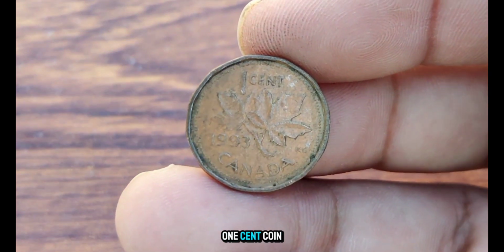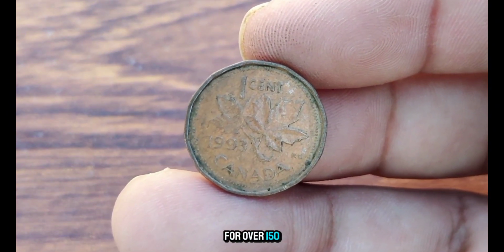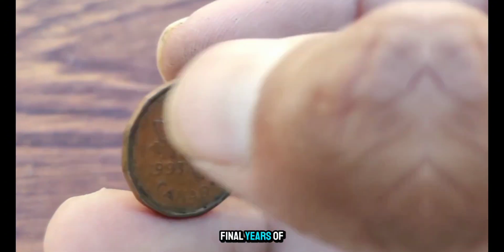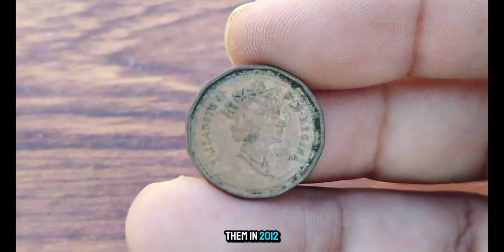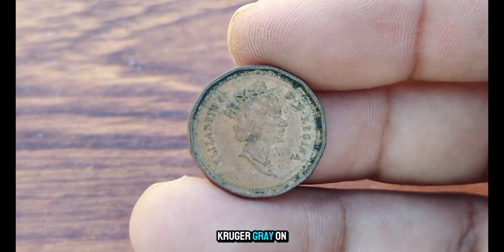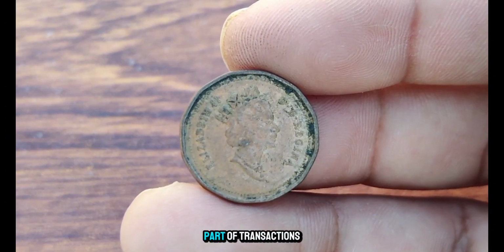The Canadian 1 cent coin, also known as the penny, was a staple of Canadian currency for over 150 years. The 1993 penny was minted as part of the final years of copper-plated zinc coins before Canada stopped producing them in 2012. Featuring the famous maple leaf twig design by G.E. Kruger Gray on one side and Queen Elizabeth II's portrait on the other, it was an everyday part of transactions across